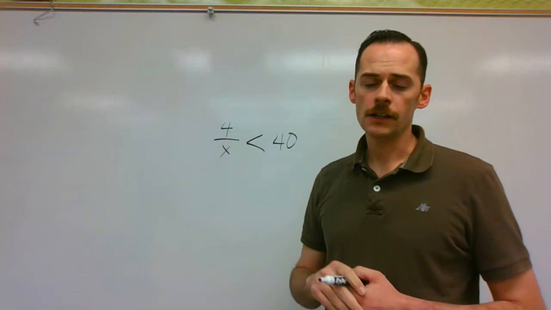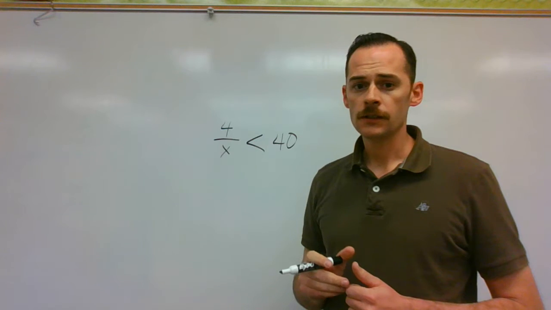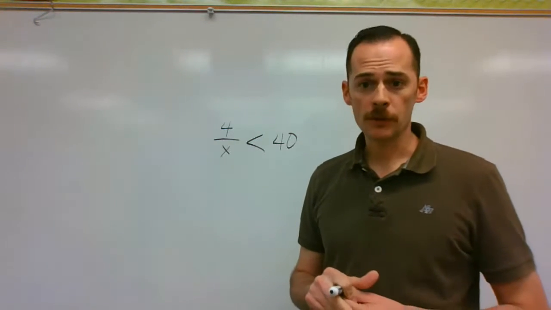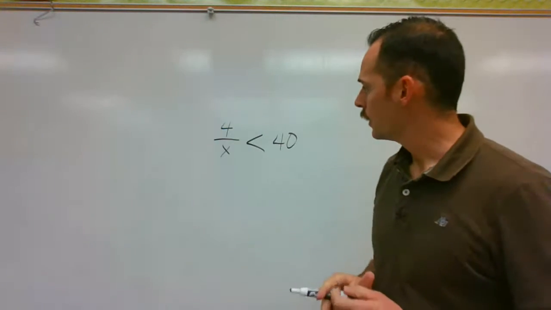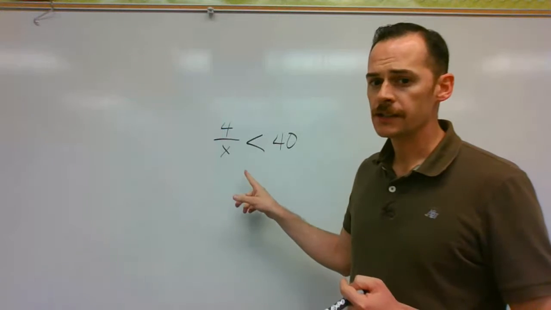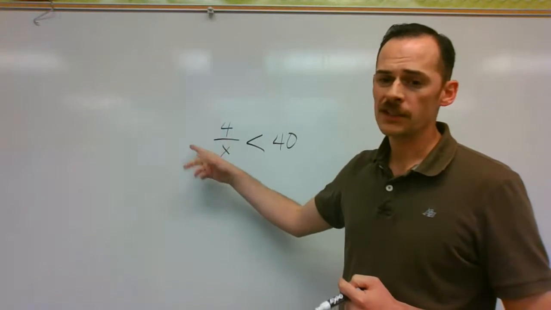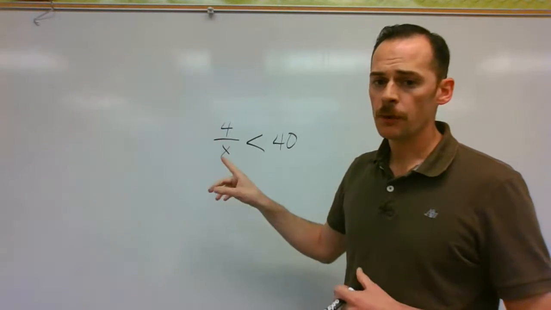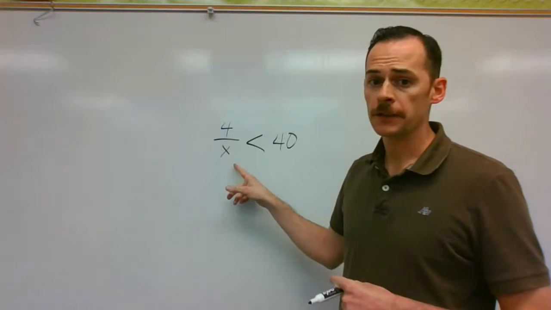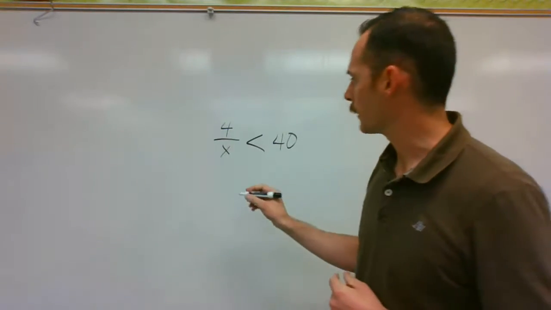Now here we have an inequality of 4 over x is less than 40. Now in this instance, we're going to have multiple steps because in this case, we can't just isolate x immediately. Because if we were to divide by 4, we just have 1 over x. So what we really need to do is get x out of the denominator. And so to start with, we're going to multiply by x,